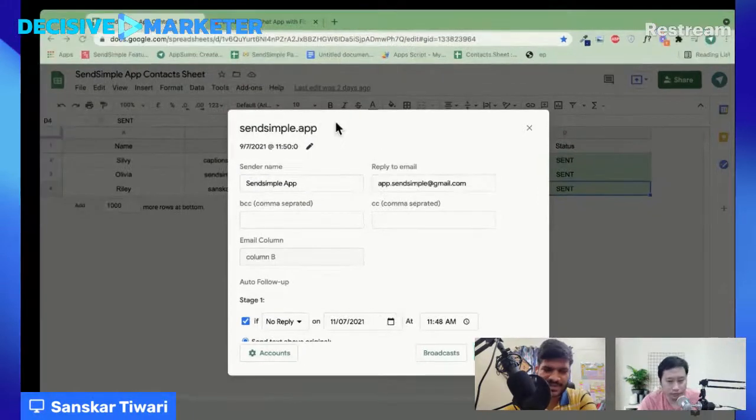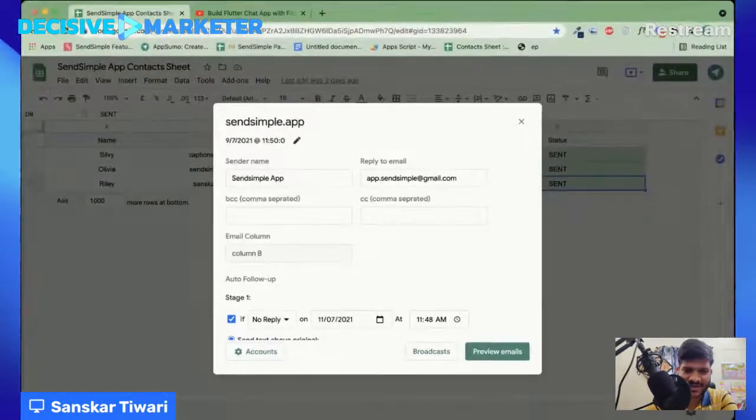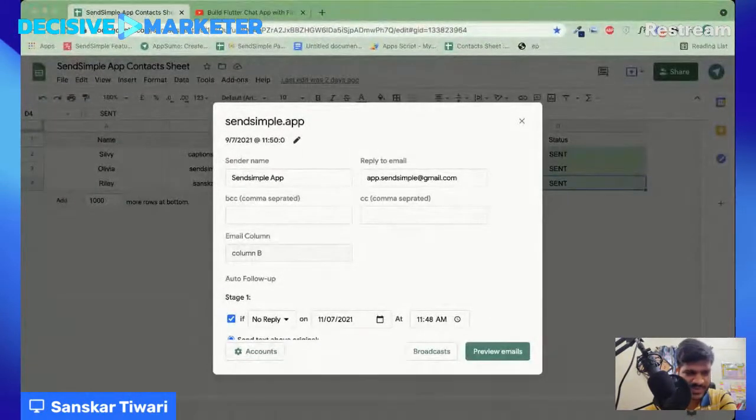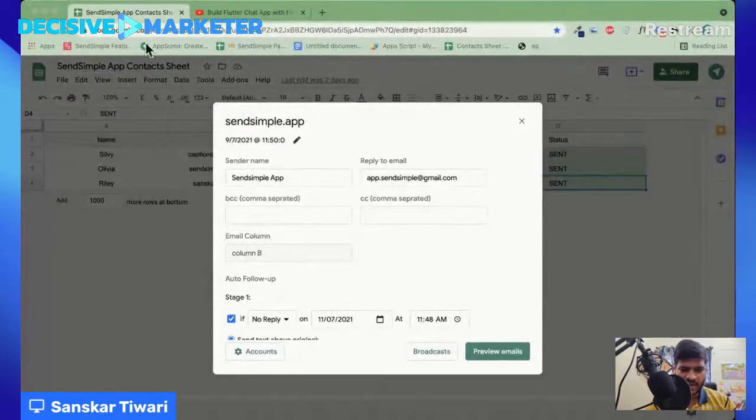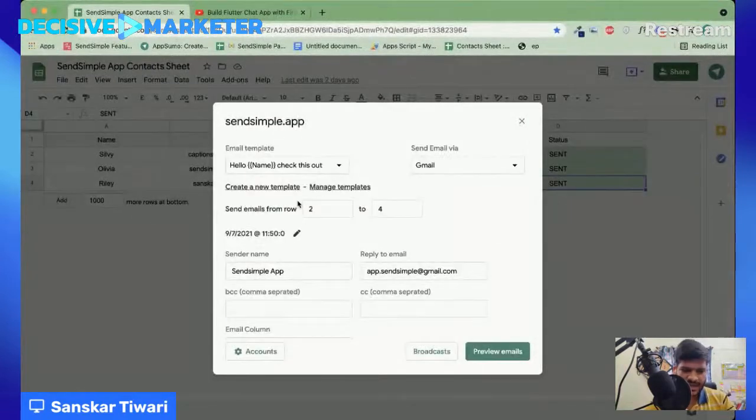Yeah, so this has been a requested feature, and we have started working on this, but it is not yet live. The feature to send an email whenever a new row is added is something we are working on. But as for the newsletter, it's not exactly like a person will join and you send. It's more like, as I explained before, you just create a template, choose the time, preview the email, and send. So I think the process is simple enough if you're using it for a newsletter.